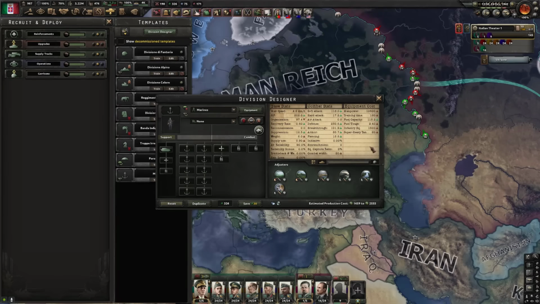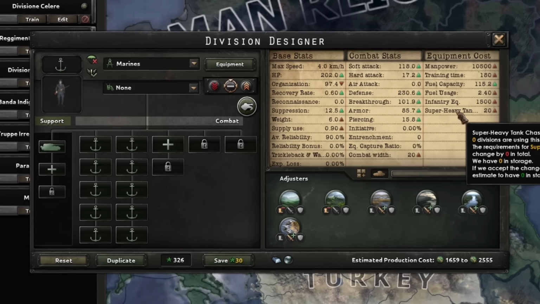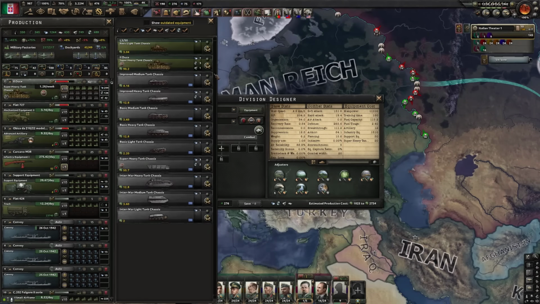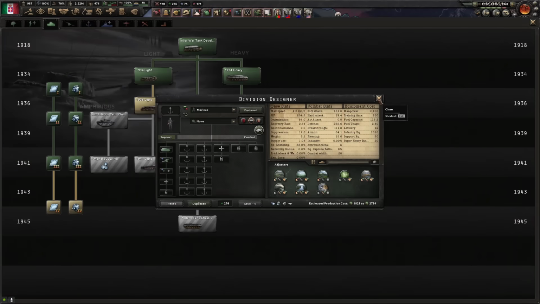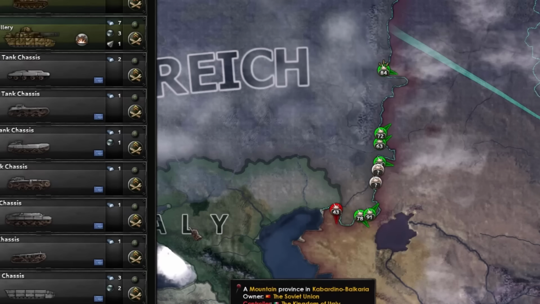That's disgusting. Absolutely disgusting and amazing at the exact same time. That's just 20 super heavy tanks, which I don't think is going to be a problem at all. And bearing in mind as well, the super heavy tank I'm designing, I think I can get the soft attack even higher on this bad boy, because I don't even have the better howitzers yet. So there you go. With the heavy howitzer on this bad boy, we got it up to 70 soft attack,